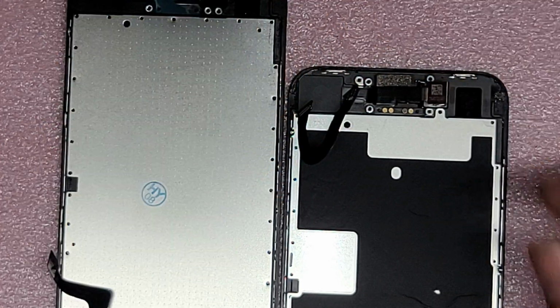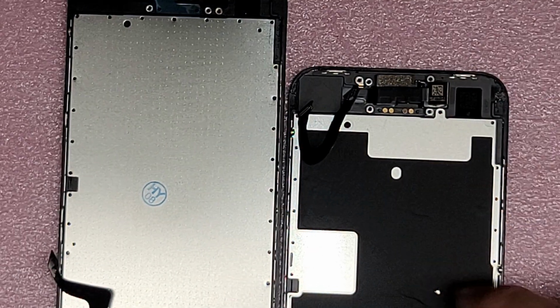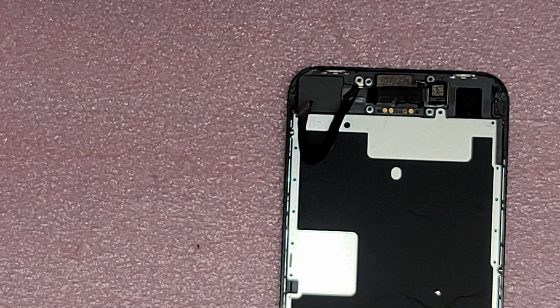All right, so we're gonna leave that there. Now we are going to continue with the other components. So for that, we are going to need the